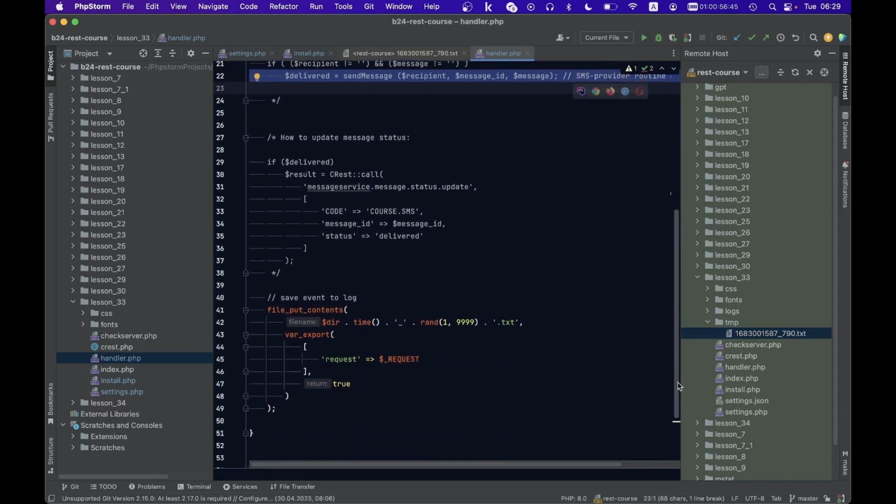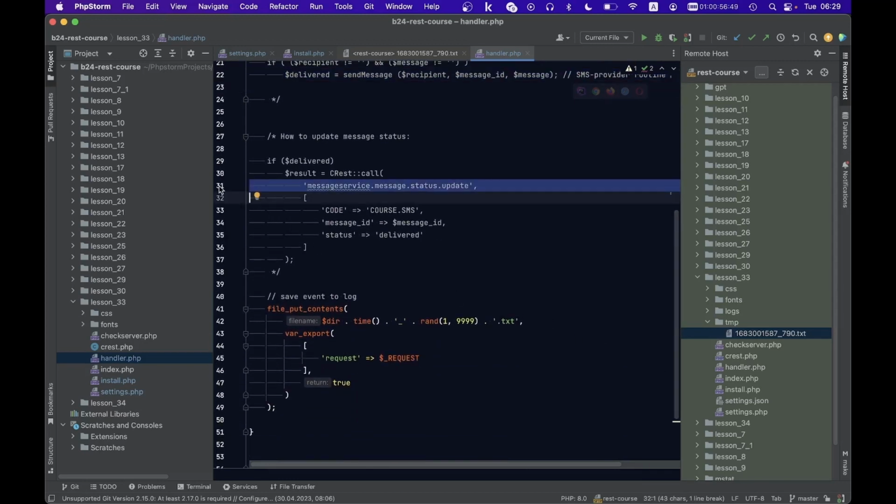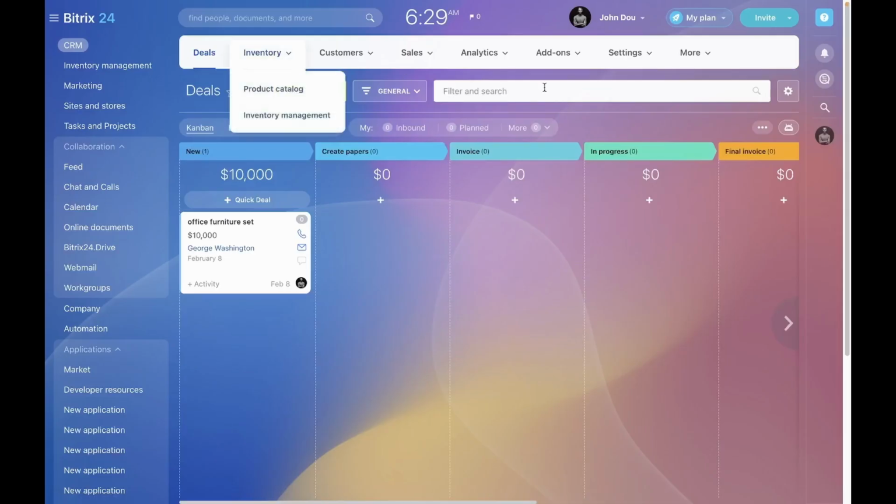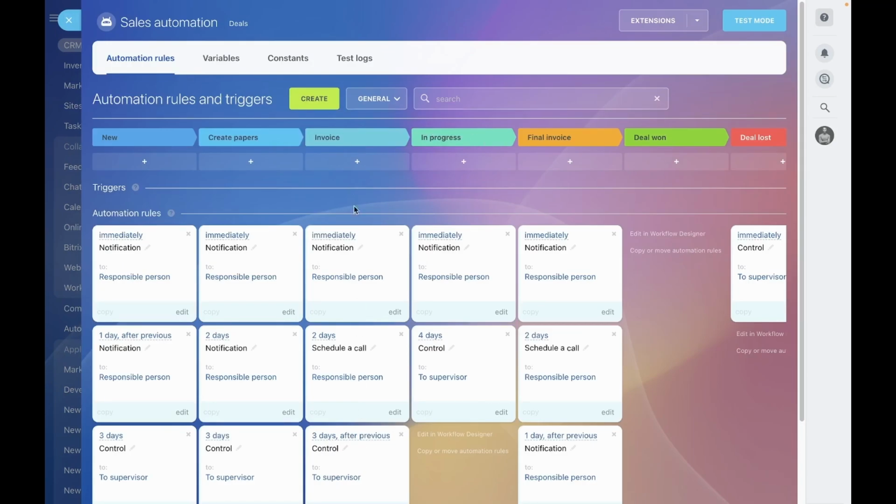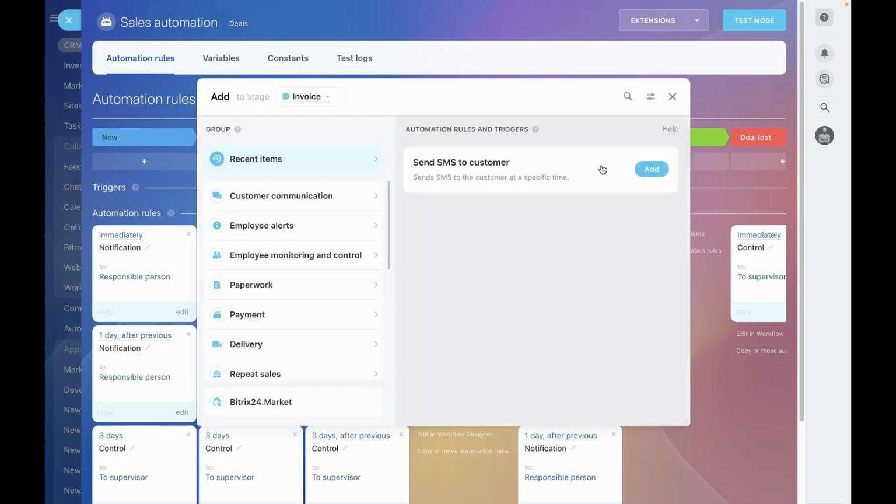Note the message ID variable: if the provider integrated within the app in Bitrix24 can inform about the message delivery status, the message ID will facilitate the messageservice.message.status.update REST method to update the message status in the Bitrix24 interface. You may access the CRM automation rule in deals and verify that your provider is also available in